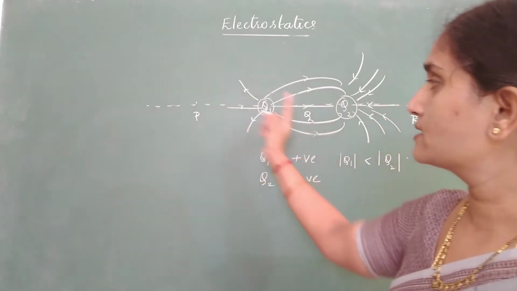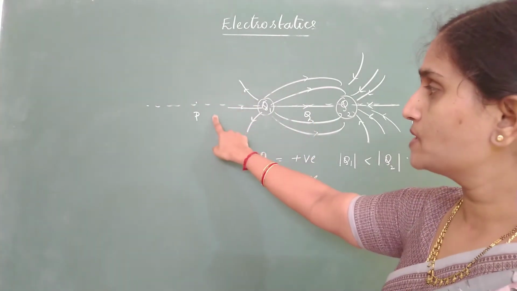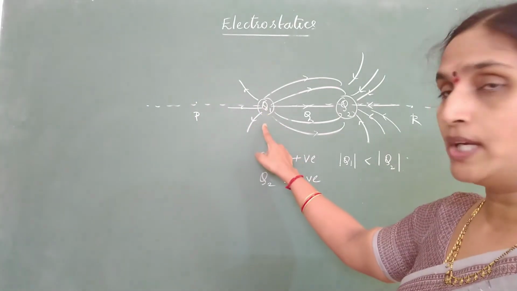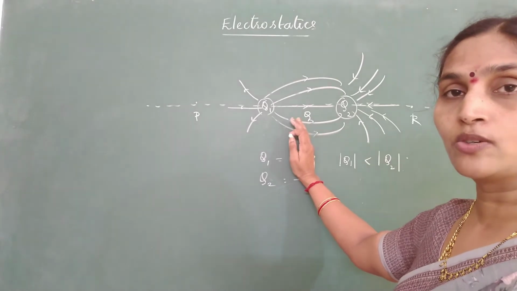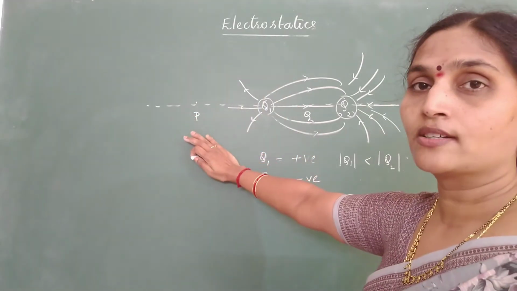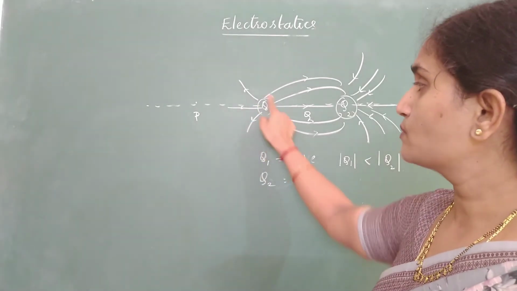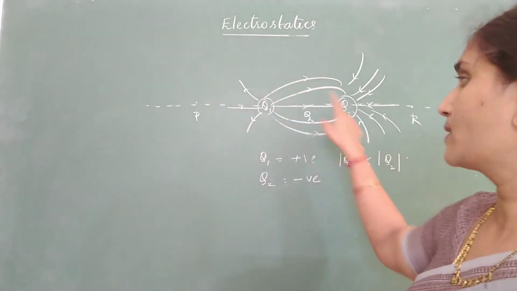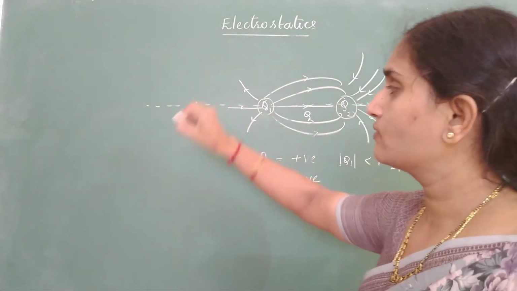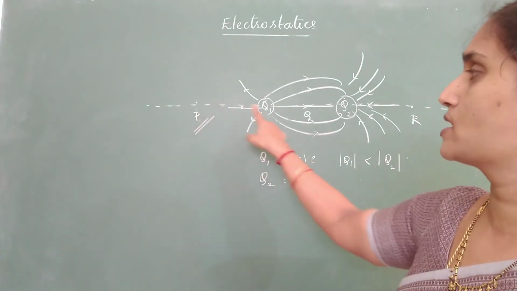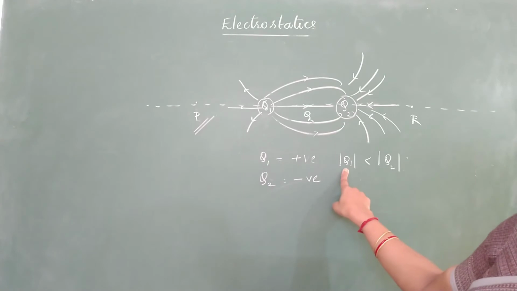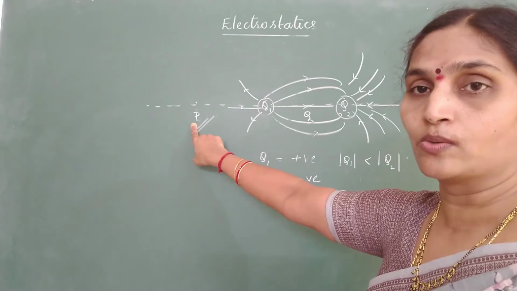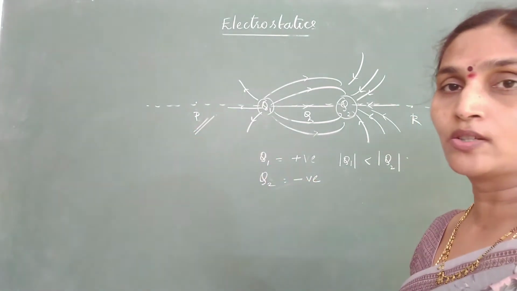So if the point lies outside the system, field will become 0 only at a point which is closer to the smaller magnitude of charge. Again I am repeating, if the point where electric field becomes 0 is not within the system, at which side is the probability of becoming 0 high? Towards smaller magnitude, because you are close to smaller magnitude, away from the negative charge, that means away from larger magnitude. So which is the point where electric field becomes 0? Choose a point which is closer to smaller in magnitude. Since Q1 is having less magnitude, this is the point where the probability of field becoming 0 is true. So this is one question related to field lines.